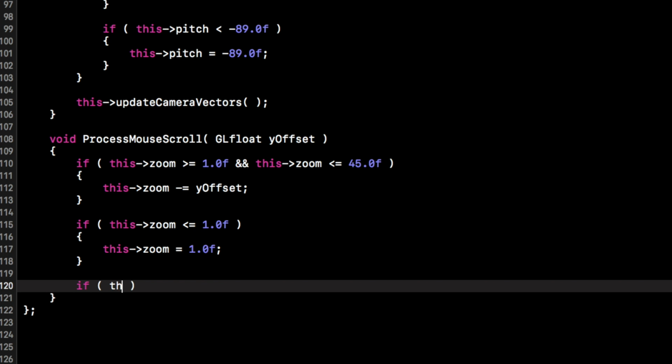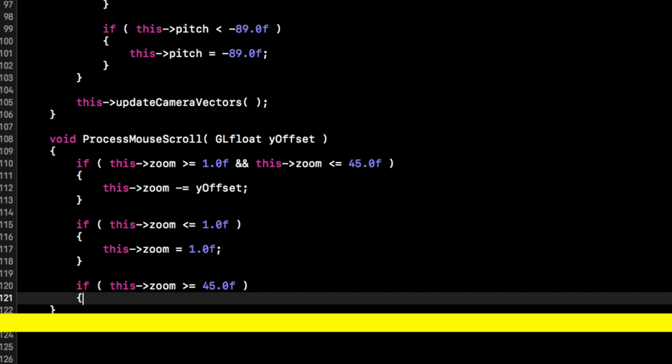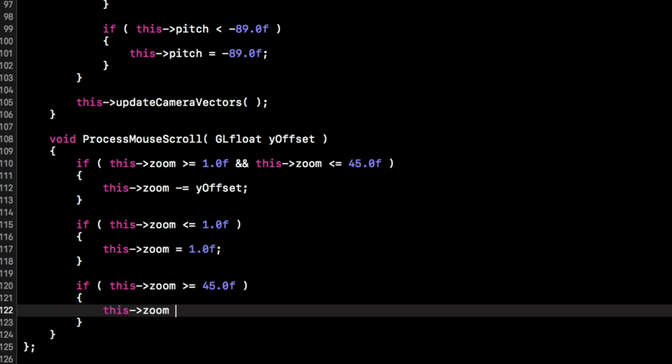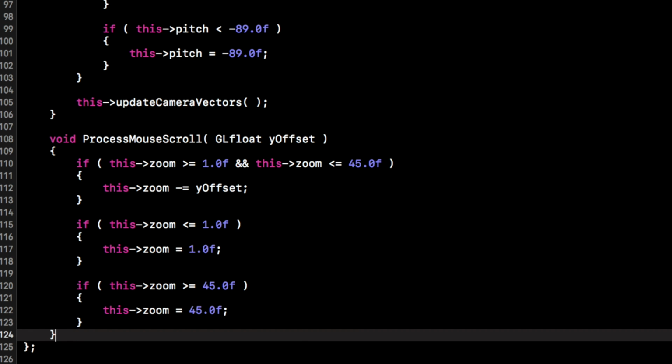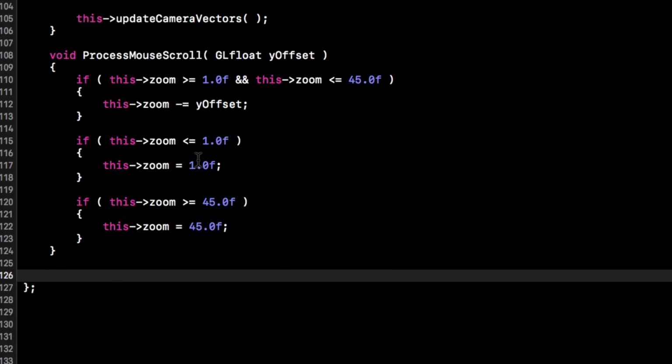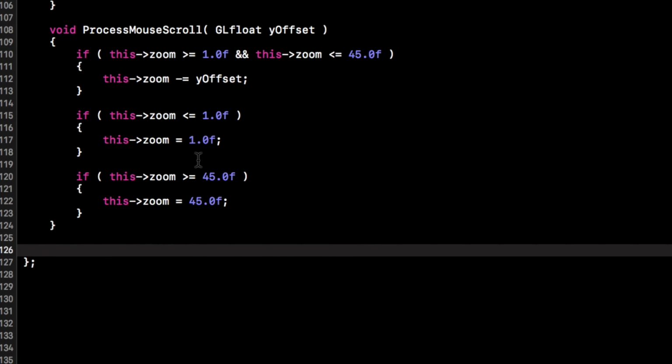So if this->zoom is, no, greater than or equal to 45.0f, we're going to do this->zoom = 45.0f. And now we're going to create a getter for getting the zoom,